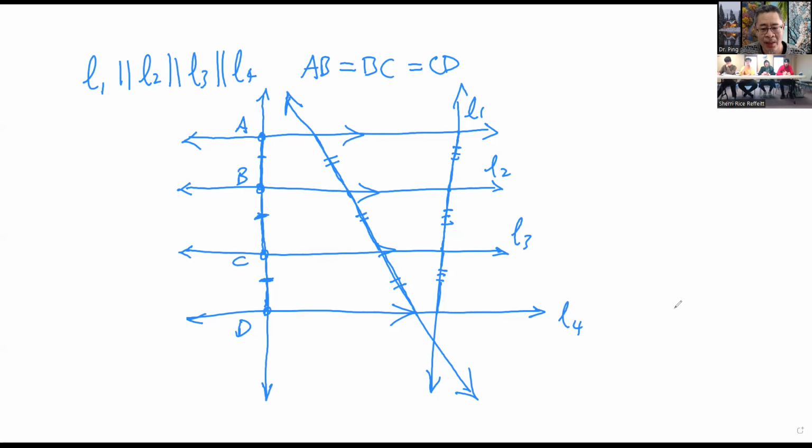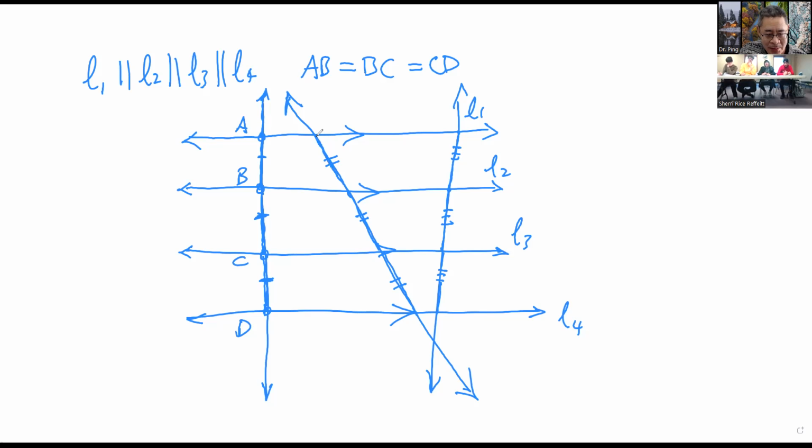So we have this, all four lines are parallel, L1, L2, L3, L4. And also we have a transversal. The four parallel lines are arranged in such a way that AB is congruent to BC and congruent to CD. So given that condition, if you just draw any arbitrary transversal across the parallel lines, then this has to be